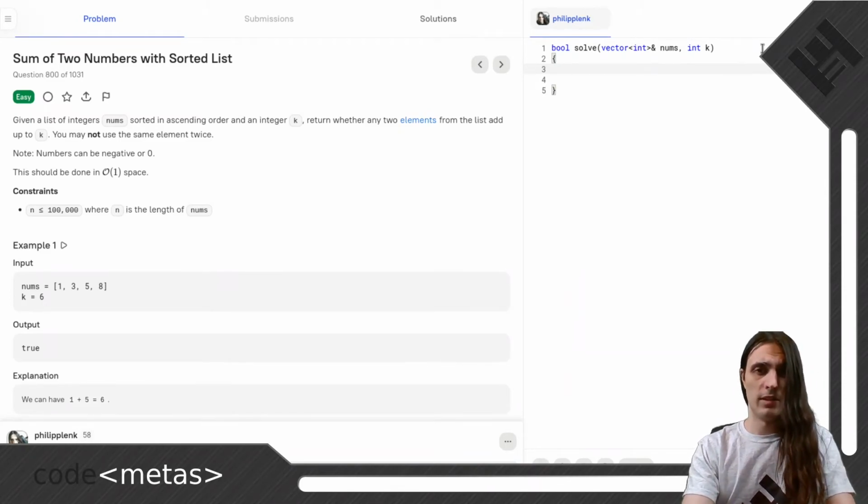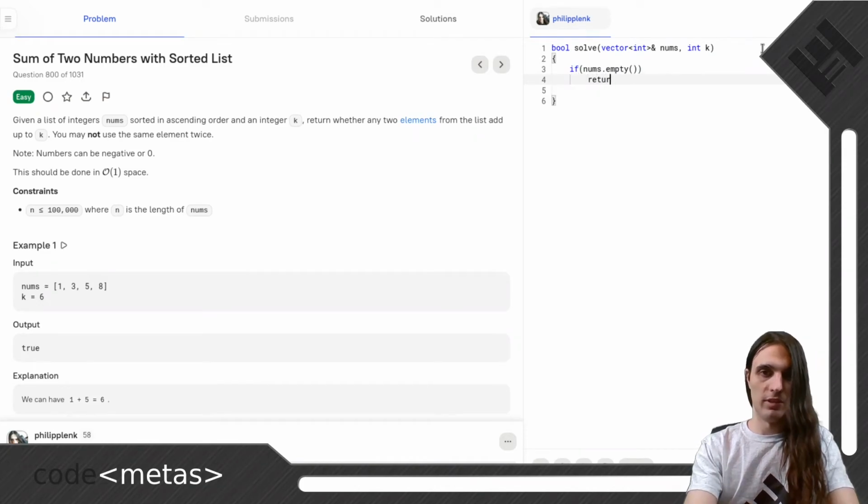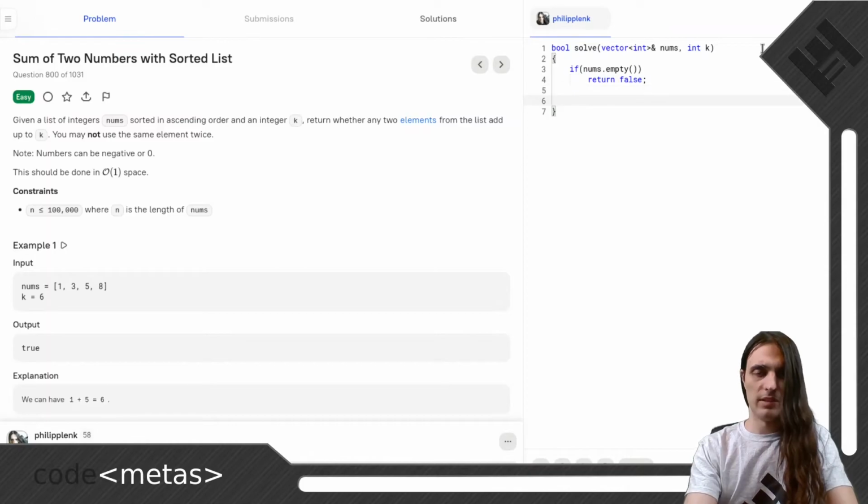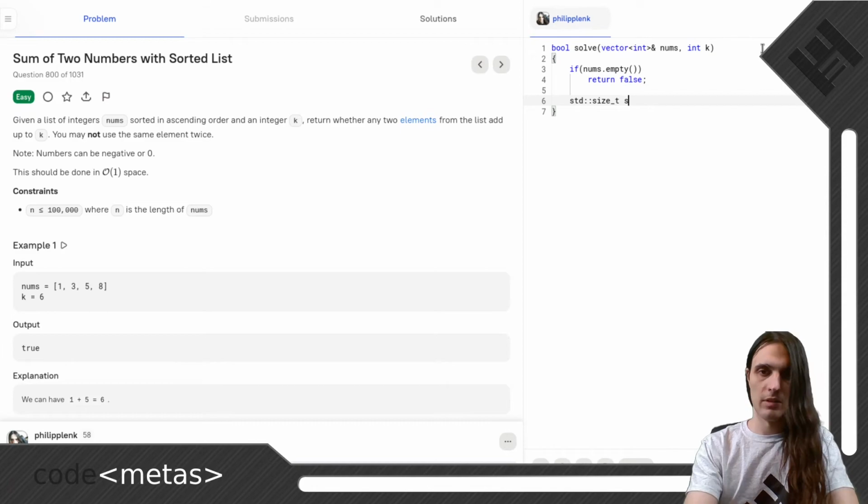So I'm not a big fan of copying here, so let's just implement it from scratch again. So if the number is empty, we return false because then it cannot be satisfied. We could even go farther. No, let's not do that. Then let's say our start and end index. Start index is again 0, end index is again nums.size - 1. And then whilst start is smaller than end, we again